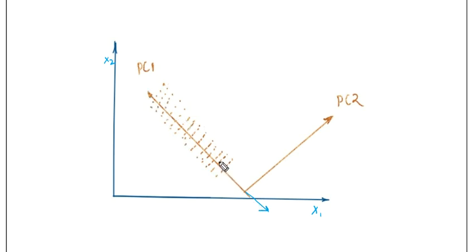We check the projections, right? So this becomes my new projection, new data points. And PC2 will always be, as I said, perpendicular to PC1, and this will also get projections, and this will be our data. Okay, and we can take a call to reject PC2 since the variance is very, very small in this direction.